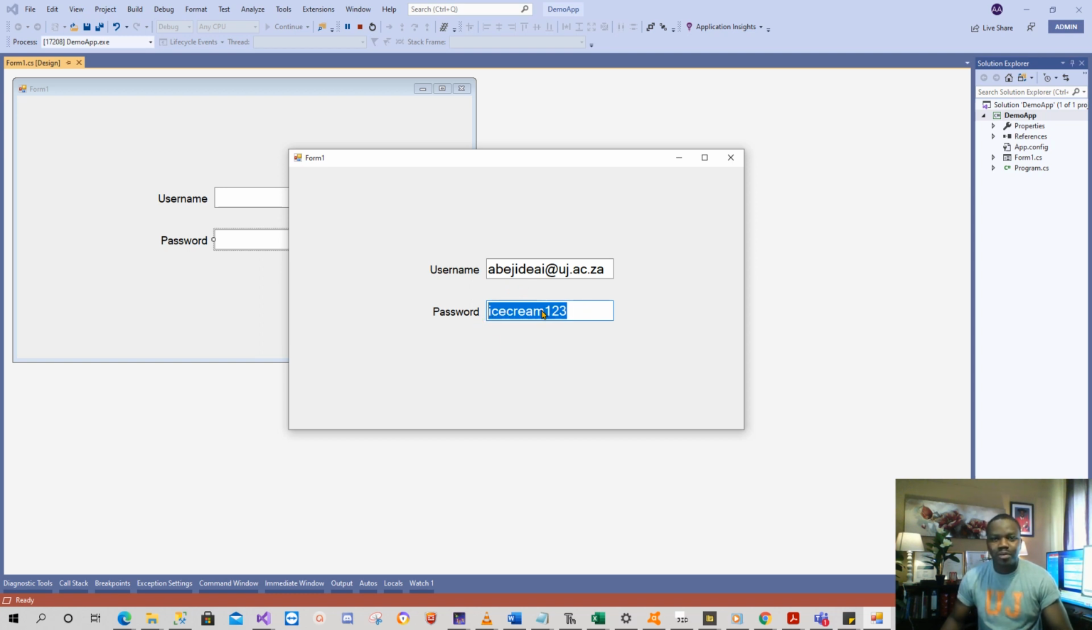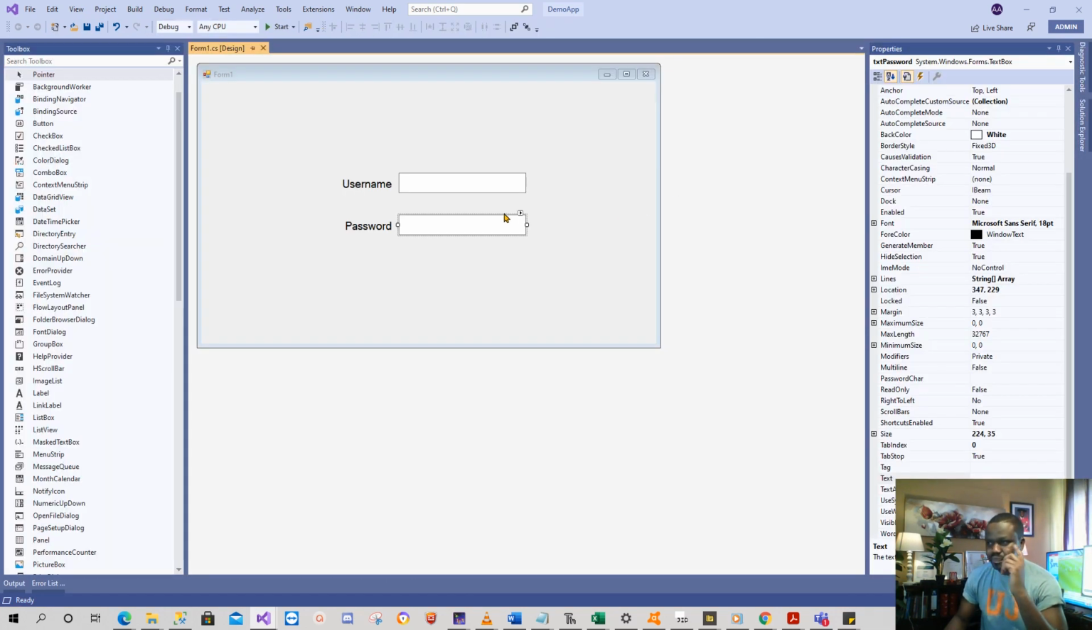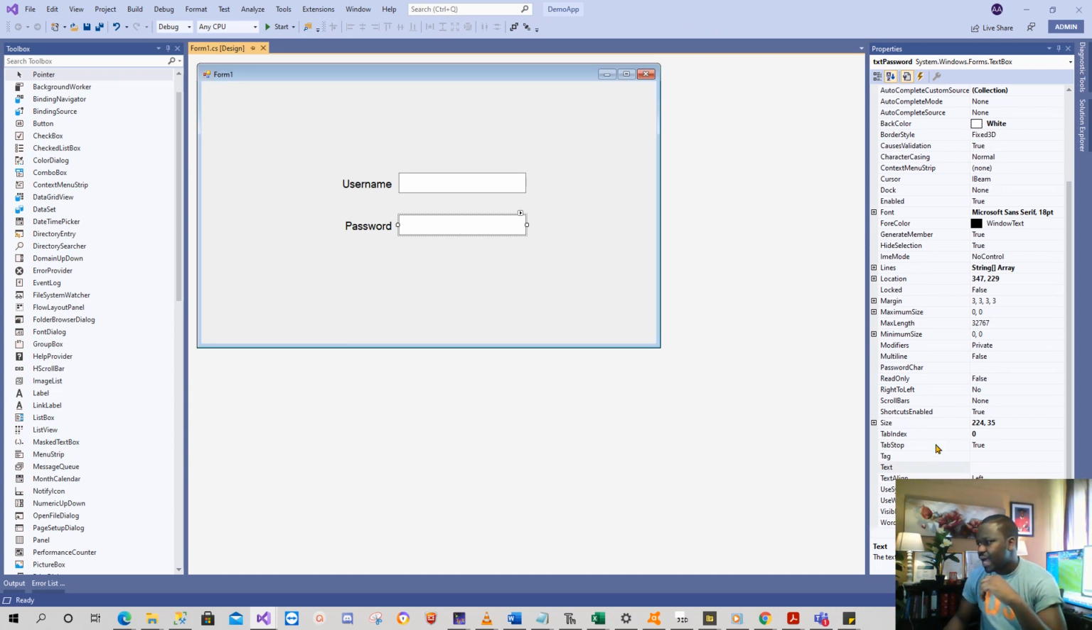It doesn't help me because in every application you've used, passwords are masked, they have dots, but the text is still the same. So to do this, there's a property of your text box that allows you to scramble the password. All right, so go back to design view. We click the text box and we go to a property called